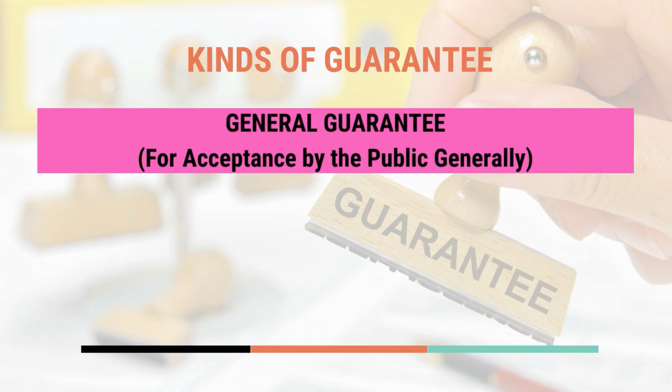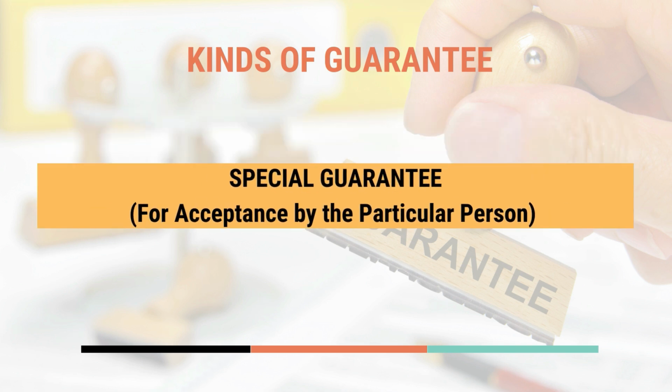General guarantee, which is given to masses at large, to public at large, where public can have participatory mode. Special guarantee, which is given to specific clause. So for example, I am actually a guarantor and I am giving a guarantee to protect the loss of those people who are associated with the government organization. So I have put a bar that only government employees can approach me and I can be guarantor for them. So this is special guarantee.